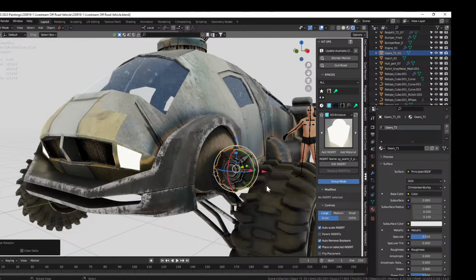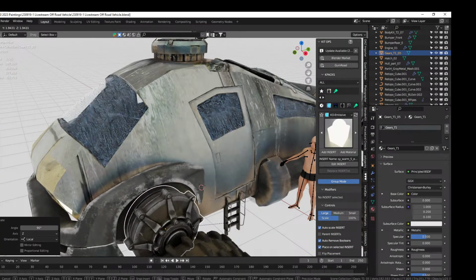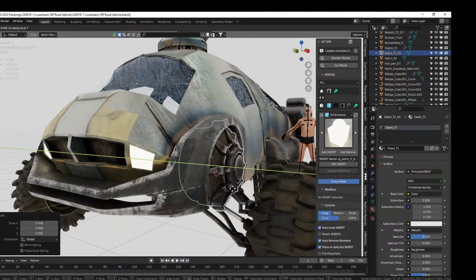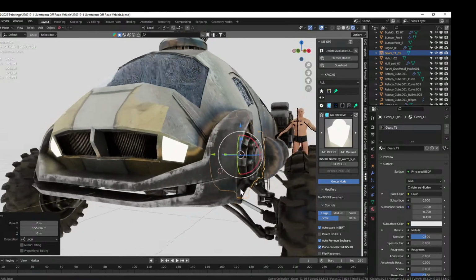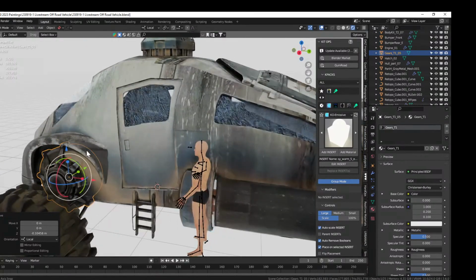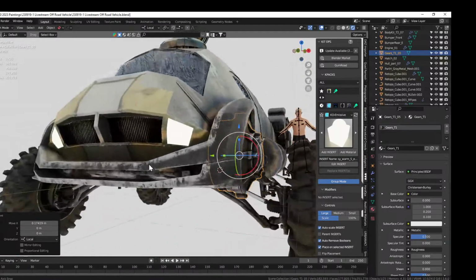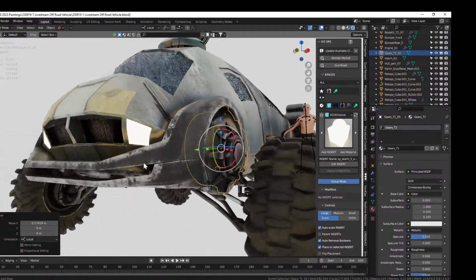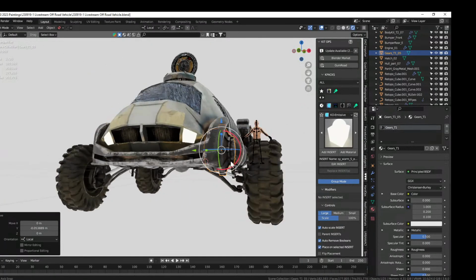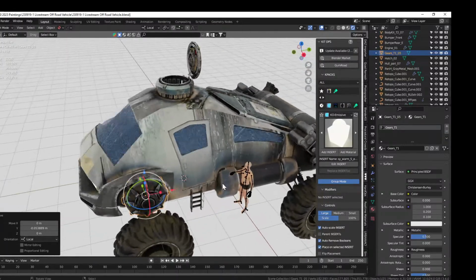Alt R, RZ90, scale it up, GY, scale it in. I don't know, maybe. Not feeling it super yet, though. I mean, kind of covers up the cool